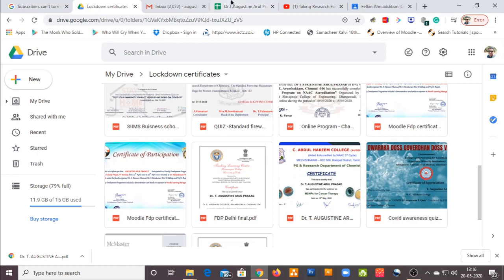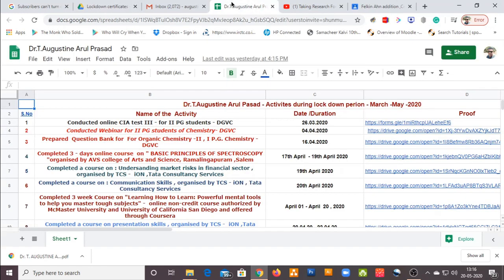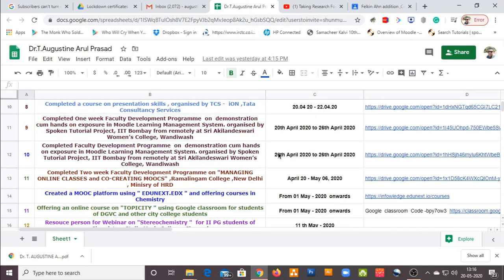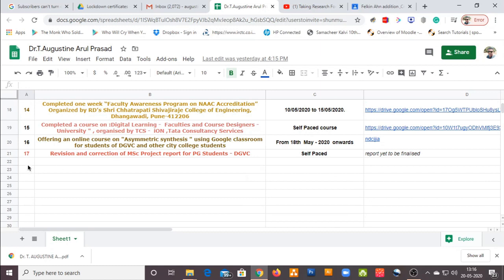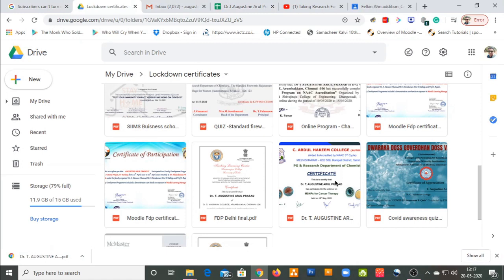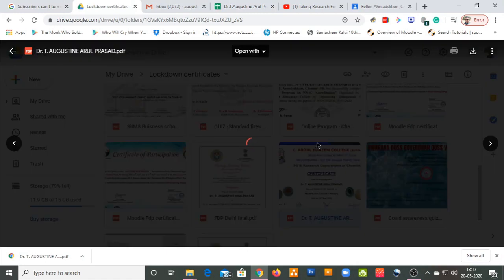Now how to create a link for that certificate in my Google Sheet or Microsoft Excel. So you can prepare the data in an Excel sheet, or you can even use Google Sheet. The Google Sheet has more additional features. What you're right now looking at is Google Sheet. So you can create a Google Sheet, and please go to your certificate in the Google folder, click that certificate,